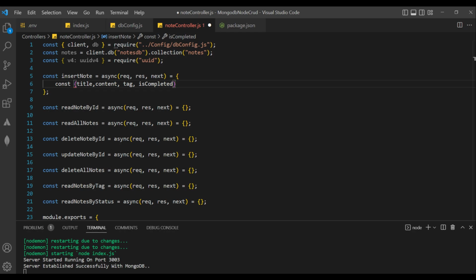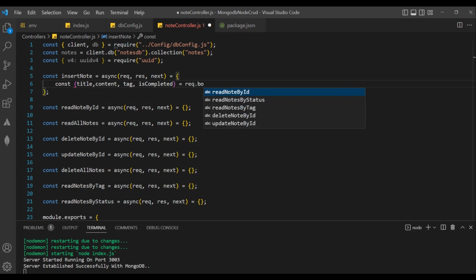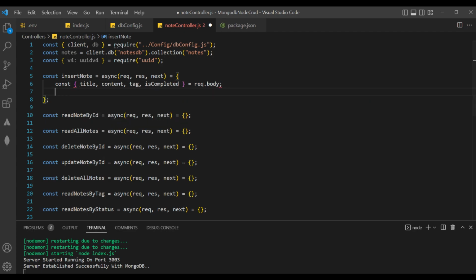I am going to design the full after it. Basically here I am doing object destructuring. I will be extracting all this information from the request body, because whenever the user fires this insert node API, he has to enter all these things. So from where will I get this? request.body, because I am doing object destructuring here. Okay, so